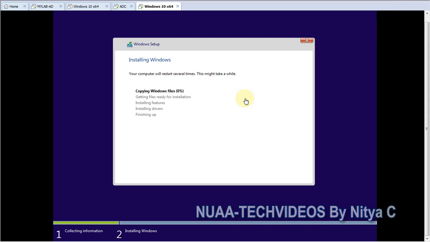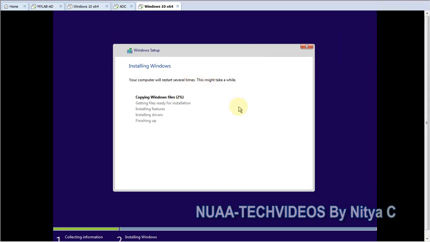So this is how we can configure it, and this is one of the best ways to install operating systems, whether it is your server or any endpoint operating system. So the installation is started.